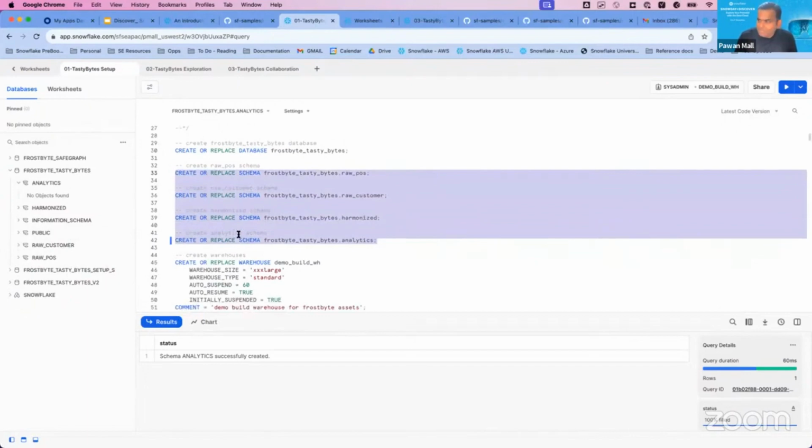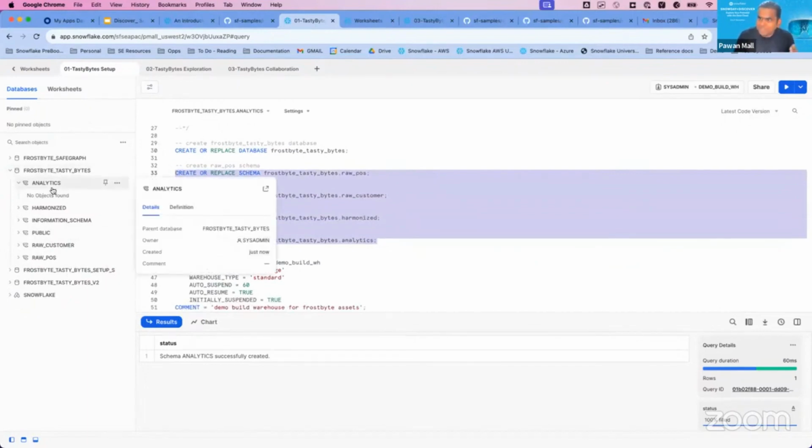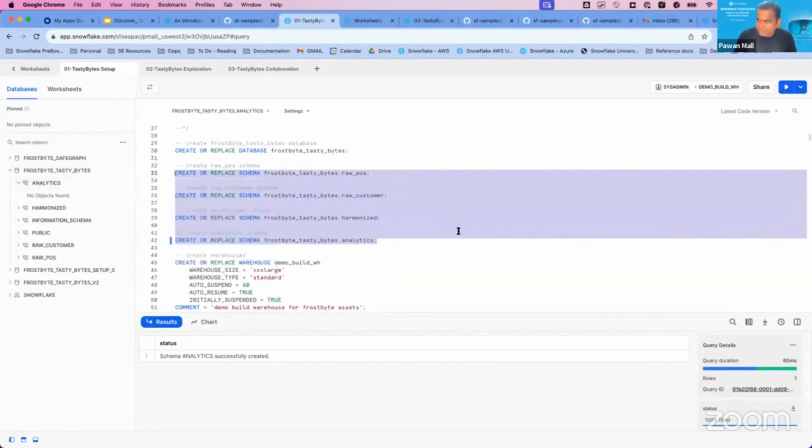Now, the next thing I'm going to do is interesting. What I have done just now is create a database and a couple of schemas under that database. My objective for this demo is to set up my database and my schema, and then create some tables. I'll take some data from S3, load it into that table, and then run some queries on top of it. That is my objective for today's session.